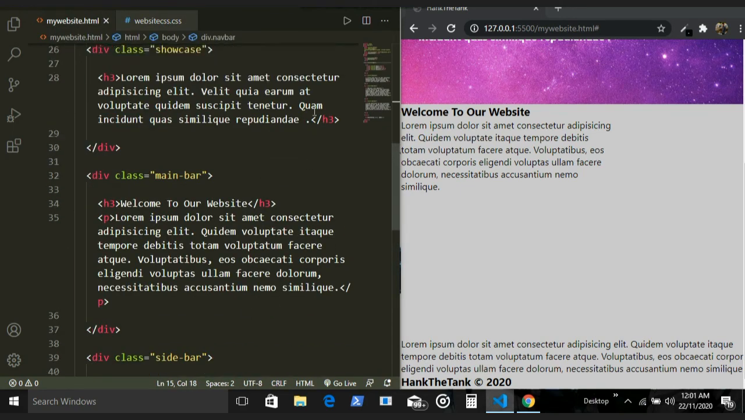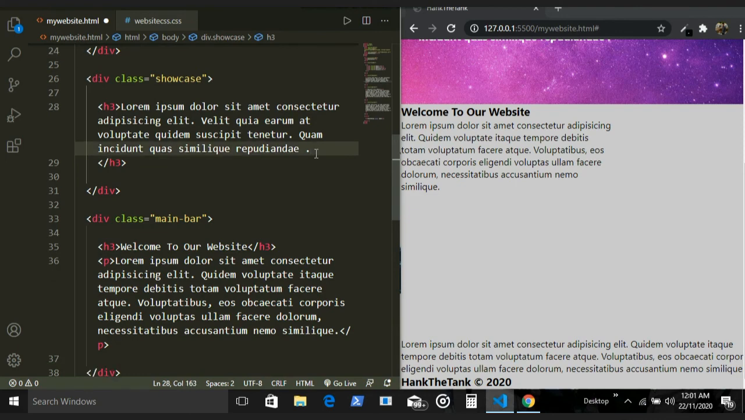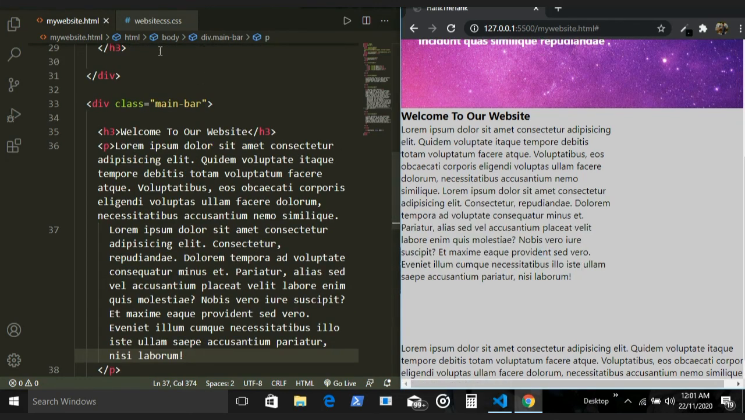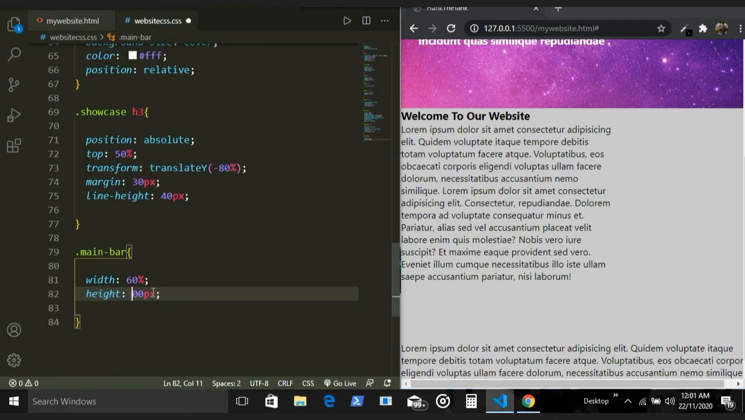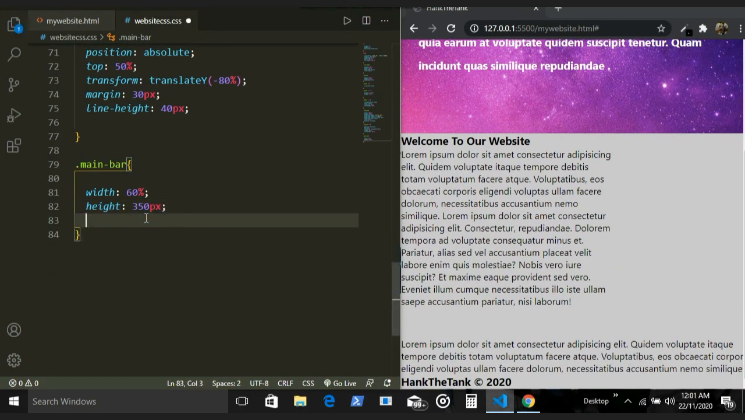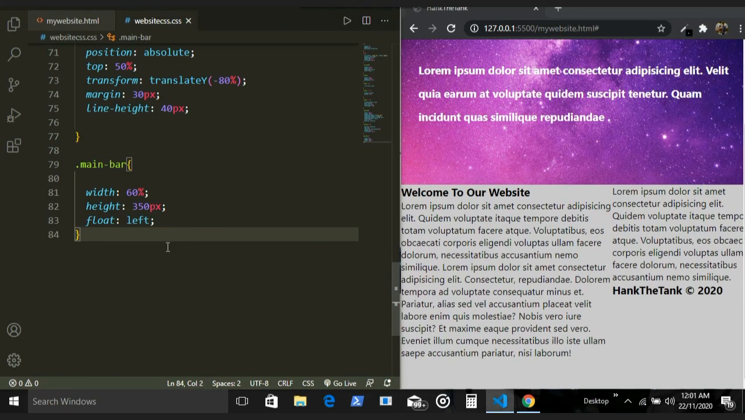And I'll add some more content over here. Oh, not here. Lorem and 50. Okay. And this to 350. Okay. And then I'll add float left. And then what I'm going to do is I'll add